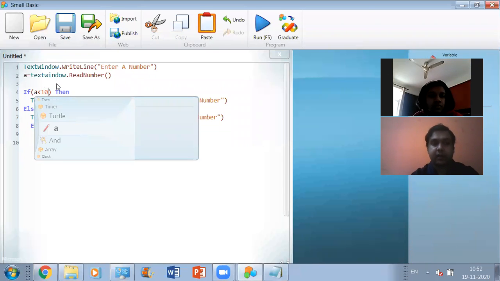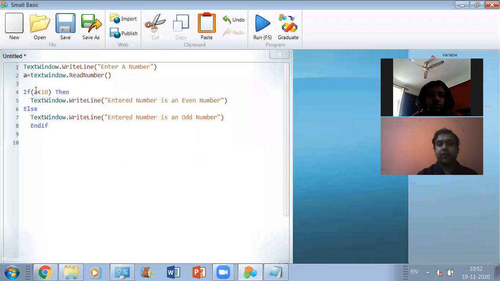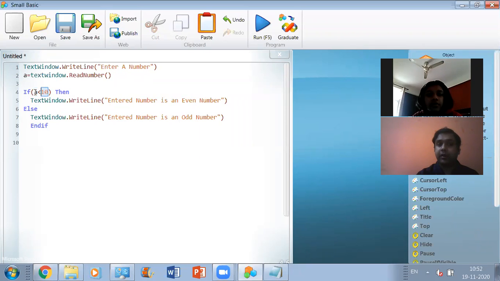If A is smaller than 10, then text window dot write line entered number is a single digit number. Fine. Is this thing clear to every one of you or not?